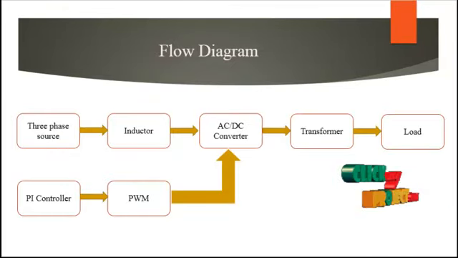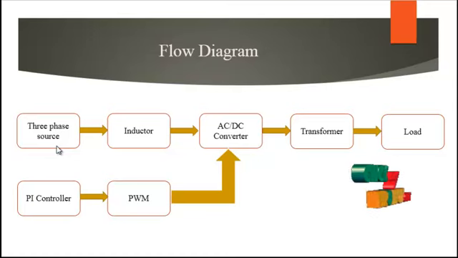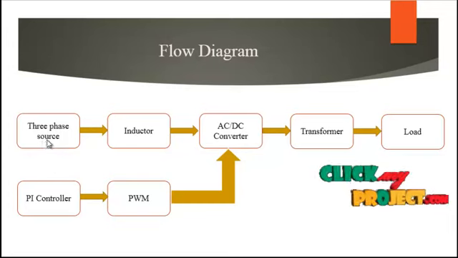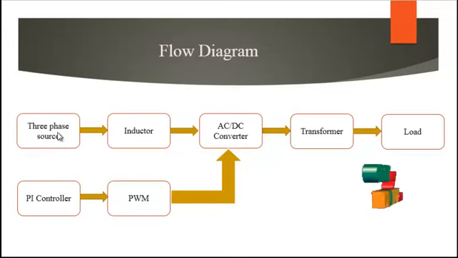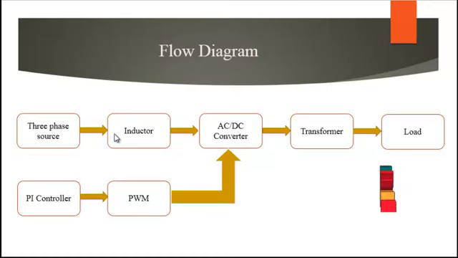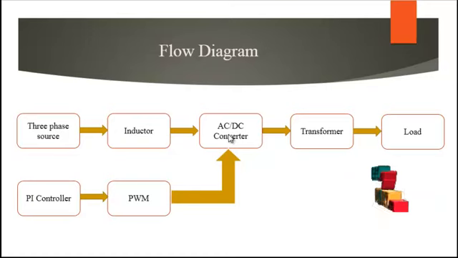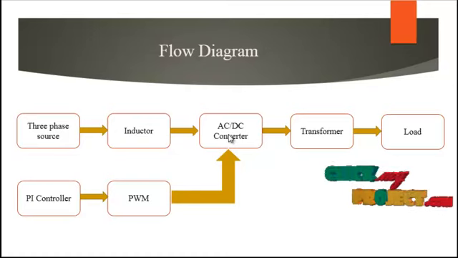Next we are going to discuss the flow diagram of the product. This is our 3 phase source. The 3 phase source generates a sinusoidal wave with phase shifts, so we generate full AC power. This is transmitted to the inductors. These inductors magnetize the current, and the branches are separated for the 3 phase rectifiers, like the AC to DC converter. The AC to DC converter is a very important stage of this process, because it is a single stage process for AC to DC.